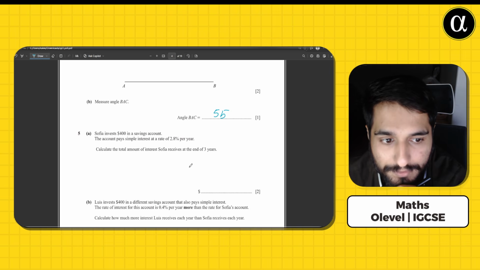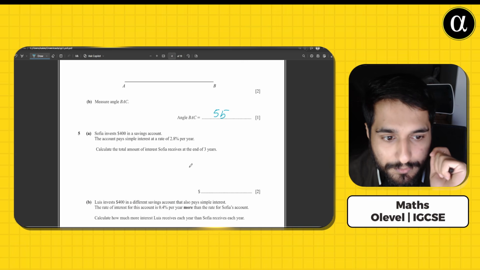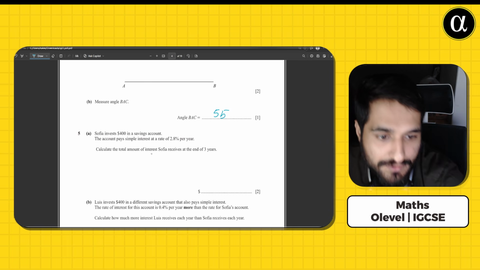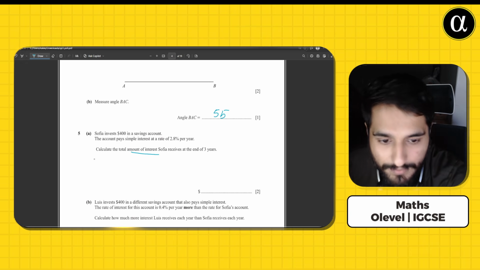The account pays simple interest at a rate of 2.8% per year. Calculate the total amount of interest Sophia receives at the end of 3 years. So we're supposed to calculate the amount of interest. Now how do we calculate that? For simple interest, the formula is